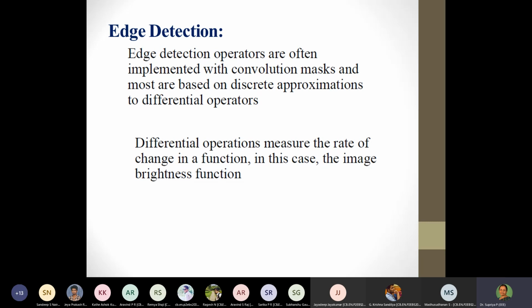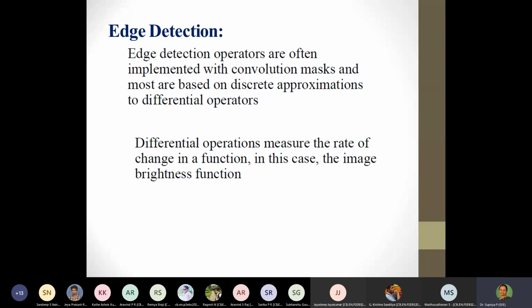Generally, most of us are aware that differential operators measure a change in a function. That's what we mean by ∂f/∂x. What is that f? f indicates brightness. Is it correct? Now, some of you may also ask, can I convert it to darkness? Yes, you can convert the whole thing into darkness by inverting the image and saying that you are trying to detect darkness. There are various methods of converting the same problem into something else in image processing just by applying some basic operations to the basic image.